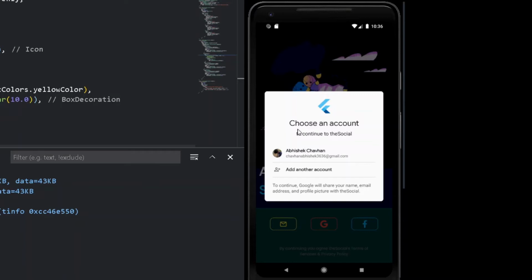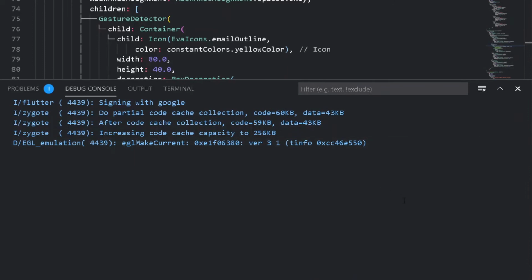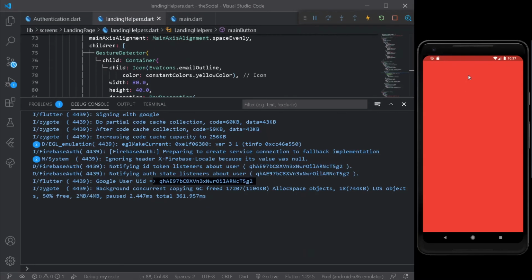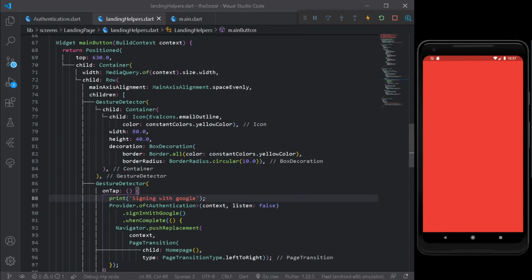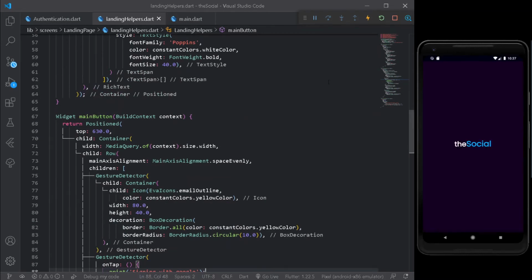So for now I will be simply taking up the following user email and let's check whether we are getting the user ID or not. Alrighty, we are getting our user ID and also we are now navigated to our next screen. Congratulations, we have done one of our four objectives for today. Alright, let's have a coffee. I am just kidding. So once we have gotten our user UID, now let's check it up for the email as well. So for that, let's load our entire application once.